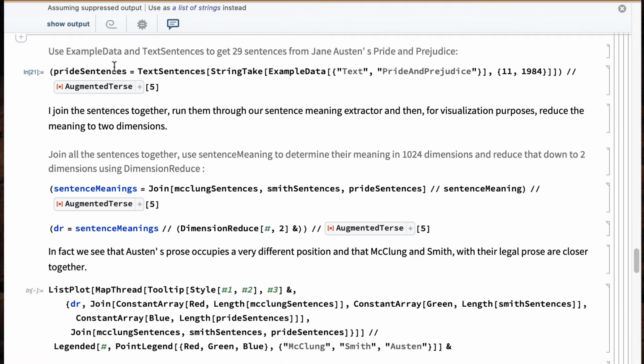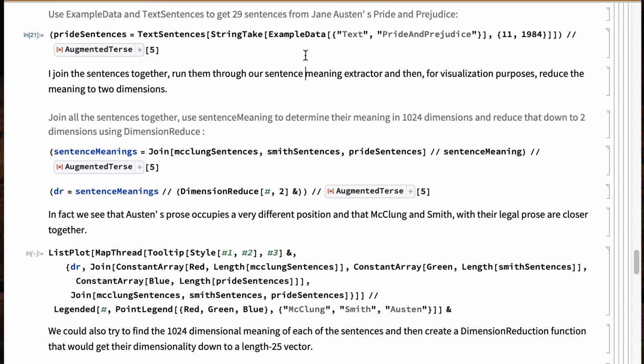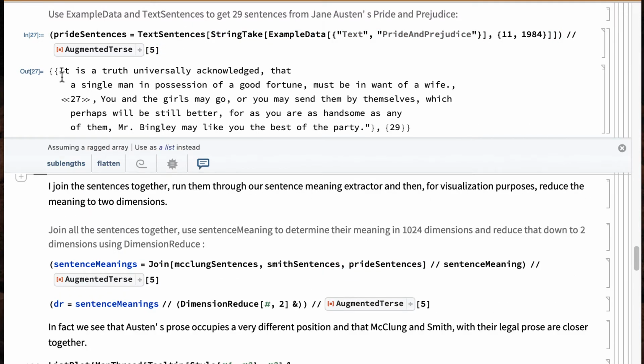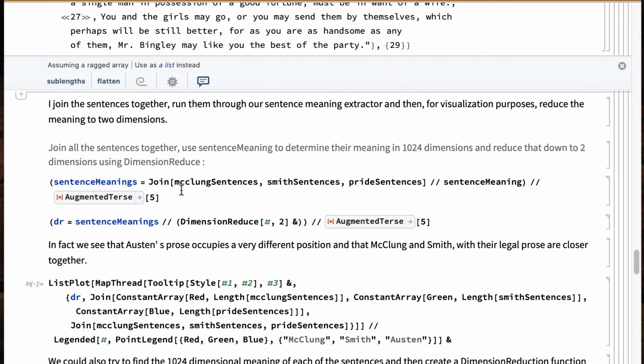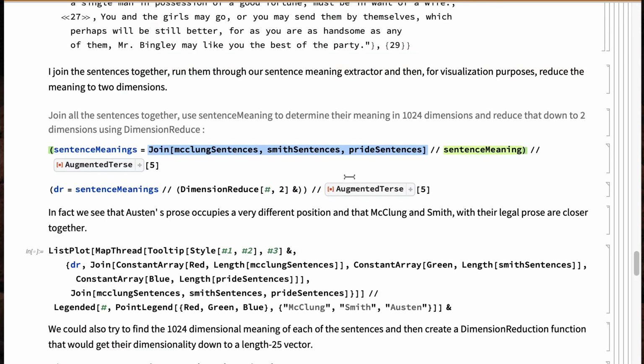So we'll also get some sentences here from Pride and Prejudice. It's actually in the Wolfram example data. I'll take snippets of it, and then we'll break that up into sentences as well. So we've got it as a truth universally acknowledged, blah, blah, blah, down to Mr. Bingley.